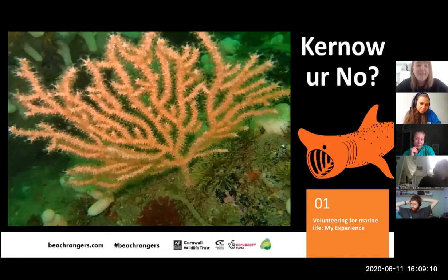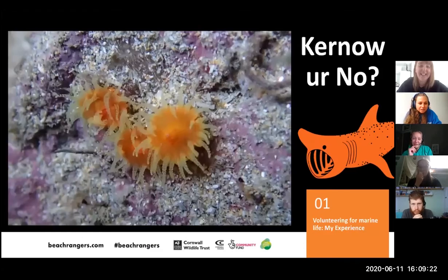So, pink sea fan. Yes, divers regularly spot these in deeper waters. And so this is a scarlet, we're getting quite specialist here, scarlet and gold cup coral. These are...